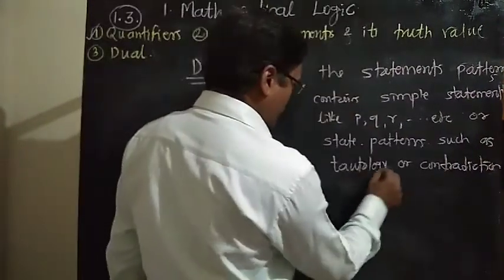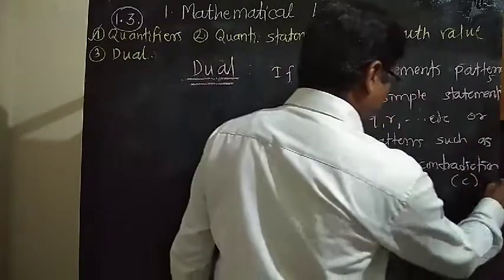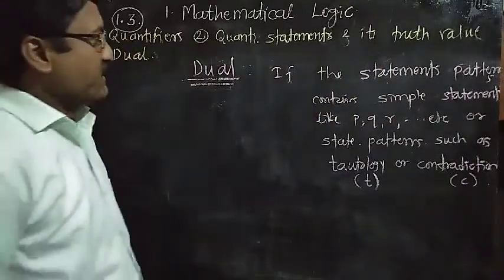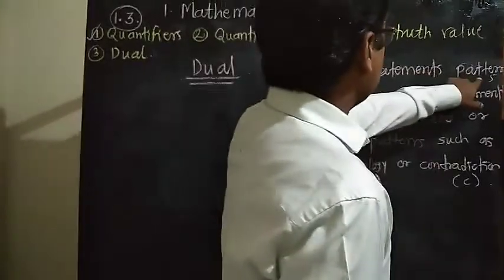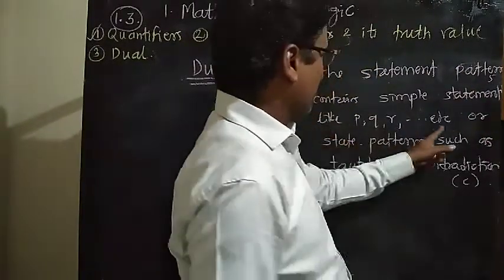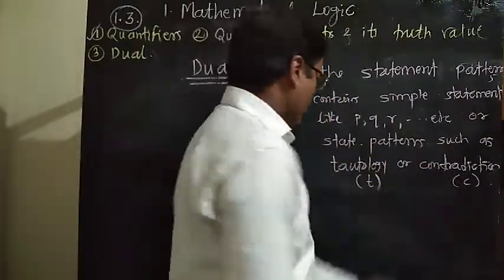This tautology is denoted by letter small t and contradiction is denoted by letter small c. If statement patterns contain simple statements like P, Q, R, etc., or statement patterns such as tautology or contradiction,